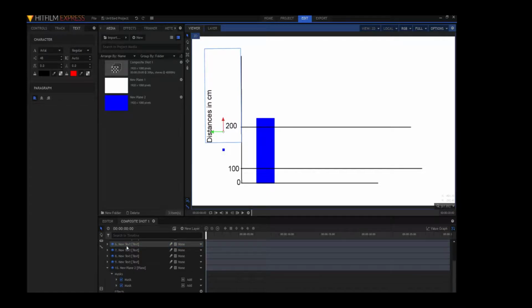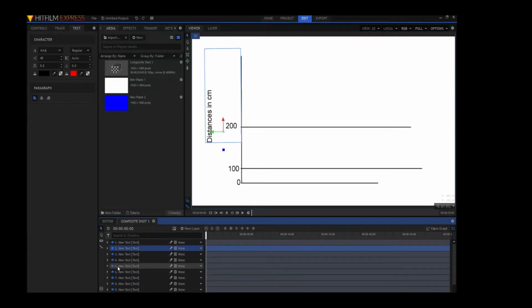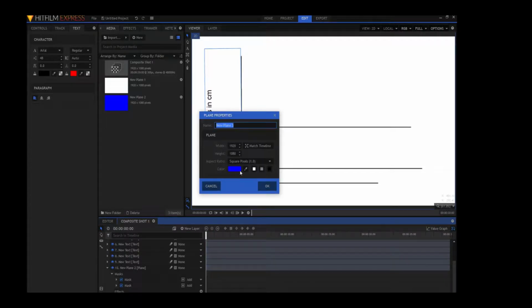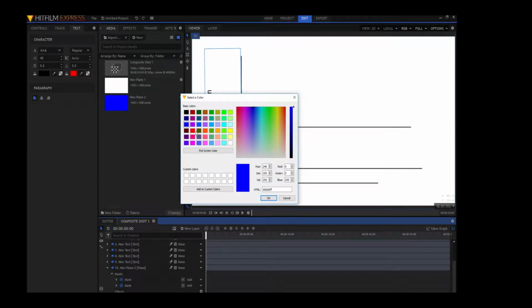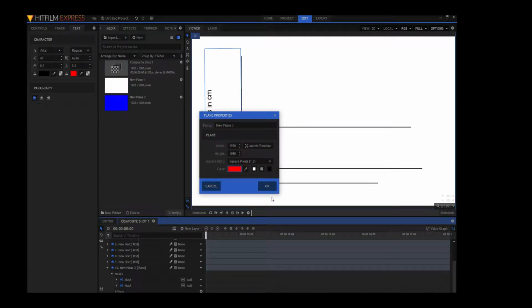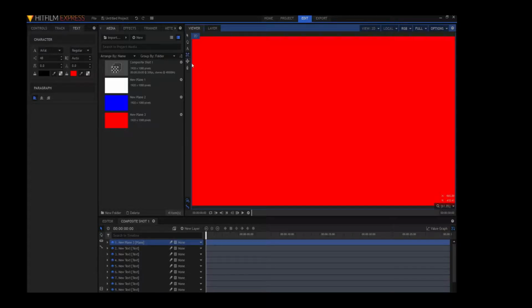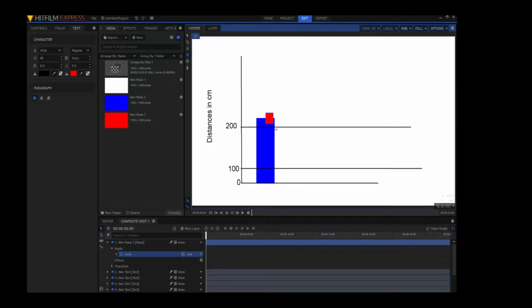So now I'm going to erase this. Actually, no. You do not have to do that. All you have to do is just make another plane that I will be using as red. So now there's this big red kind of like rectangle. This is not what I want. So same thing that I did with the blue. I'm gonna get a rectangular mask, and I'm just gonna hold right here and drag it out.